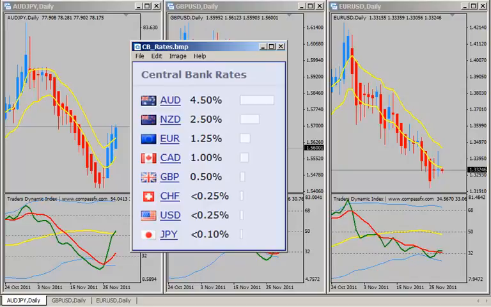Well, folks, this is Dean Malone with Compass FX. I hope some of this information will help you in your trading. Keep an eye on the Aussie yen because it is the risk on,